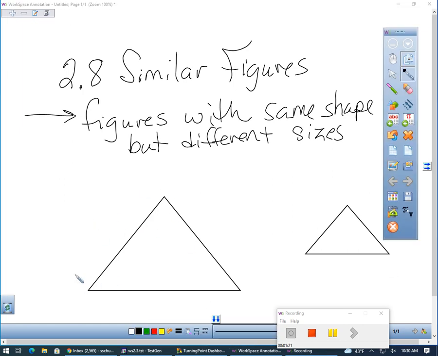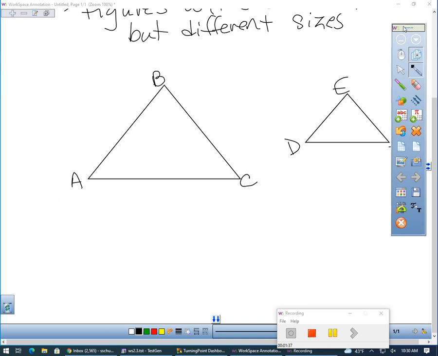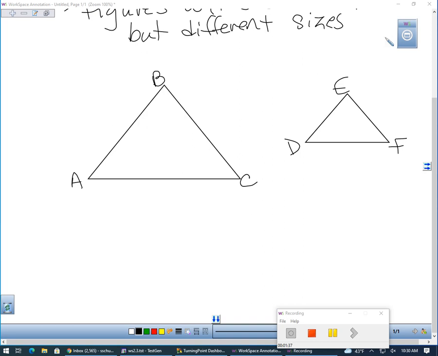So this first triangle I'm going to call ABC. And the second triangle I'm going to call DEF. Okay. When we are talking about corresponding sides,